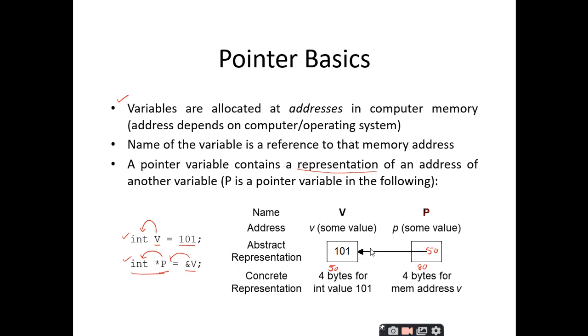This is how the pointers are represented diagrammatically. This is for the understanding purpose, but there are no arrows and everything inside the actual memory locations, right? So for our understanding, we are diagrammatically representing the variable allocation, assigning a value to a variable, pointer declaration, and assigning an address to the pointer by this type of notation. Is it clear up to this point?